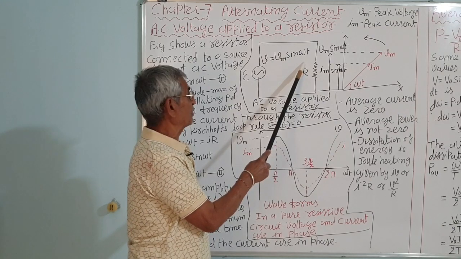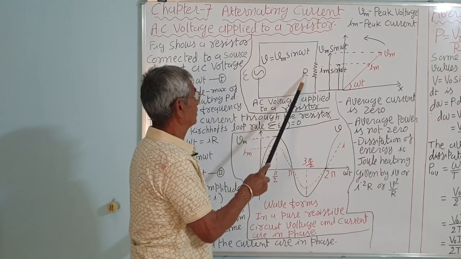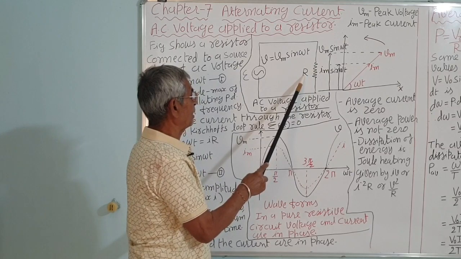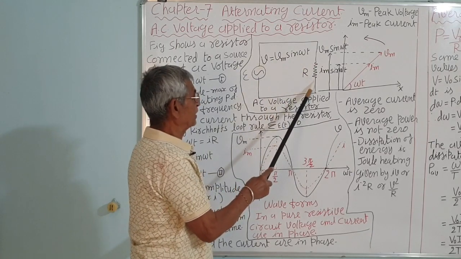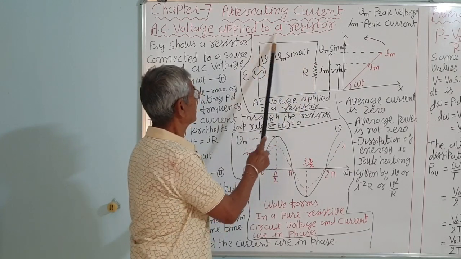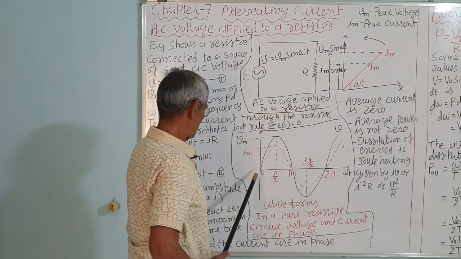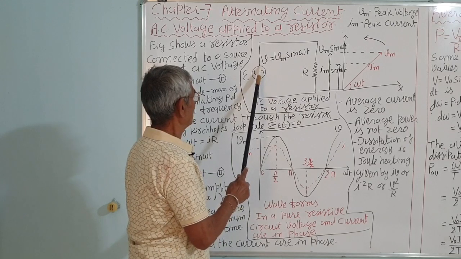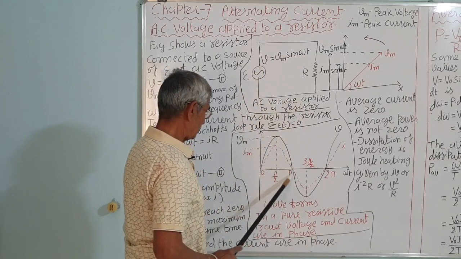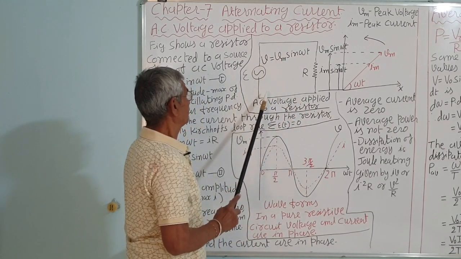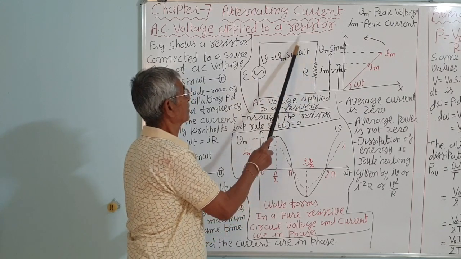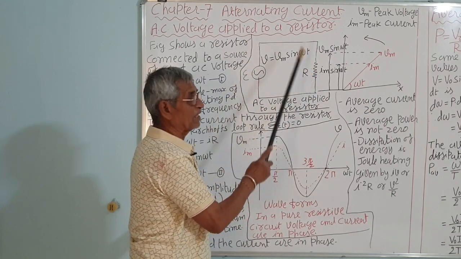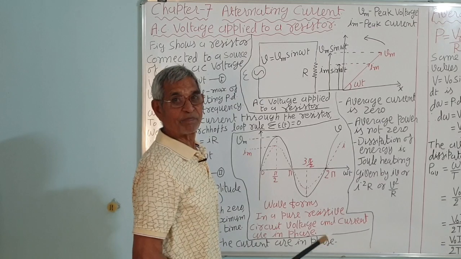That is the resistance R of a resistor. This resistor has a resistance of R ohm. So there will be heating. If the current changes, in the first half the current flows in this direction, say clockwise. In the second half, it changes direction, so it will flow anti-clockwise. But there will be heating again also. So there is a power loss.